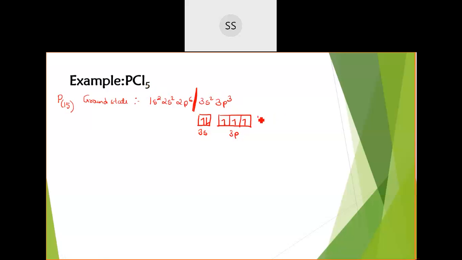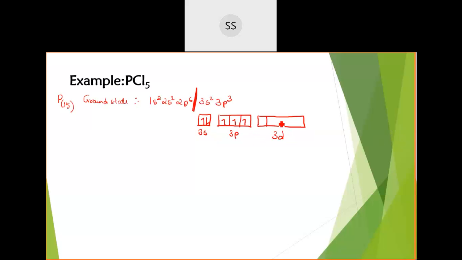Okay. So what we need to do now is write the excited state. To write the excited state, you need to shift an electron. To which orbital are you going to shift? Immediately after this, which orbital is available? Now here 3s and 3p are there. After that, the empty orbital we have is the 3d orbital. So you will write the 3d orbital, which is empty in the ground state. It does not contain any electron. So now we need to excite an electron. From where to where do we need to excite?